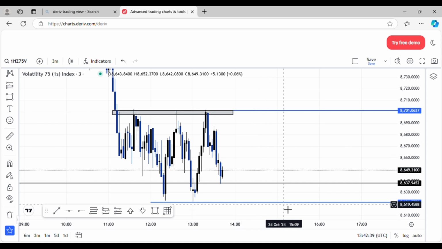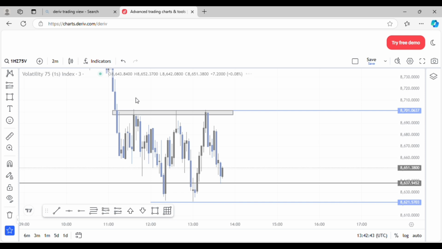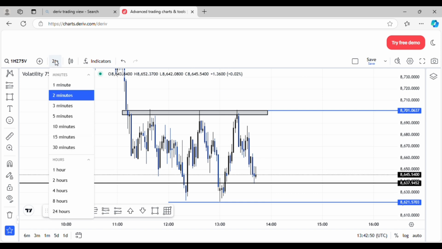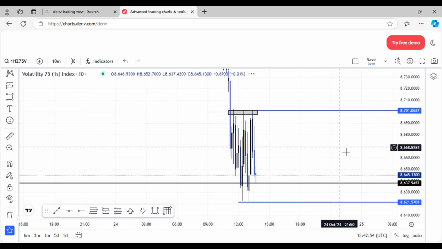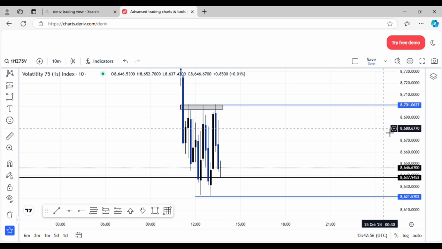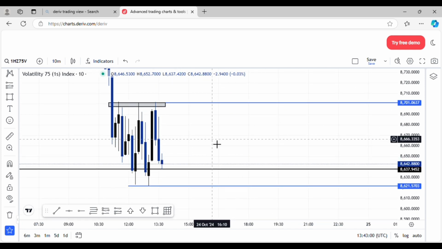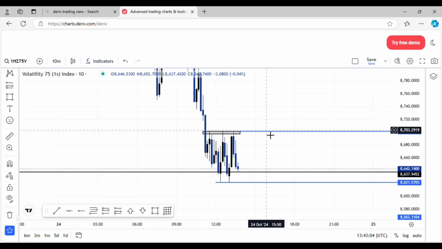You understand? Then yeah, guys, I just have to wait for that. Besides that, I won't enter because I don't see any entry. So yeah, it still stands. I don't see any entry point because the market is currently on its phase of playing around. Understand? As I said, I will just have to wait for the market to break the top or the low